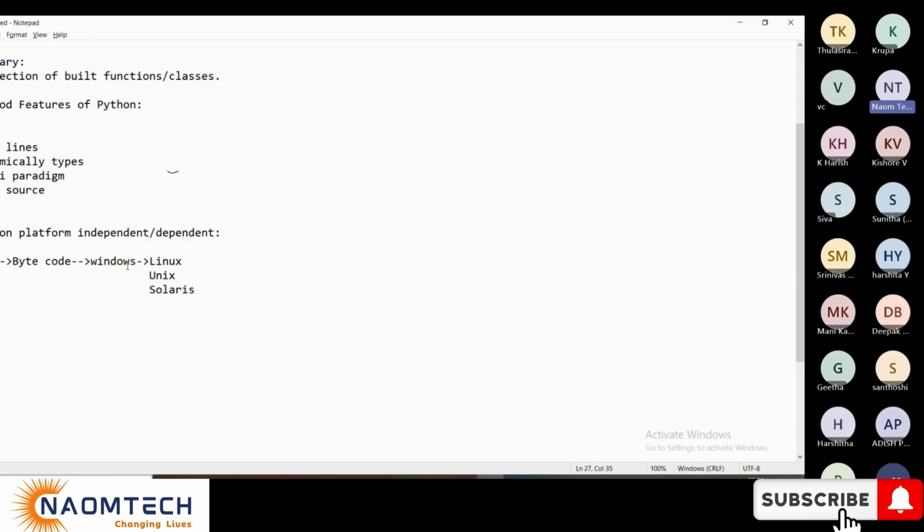So this is independent. You are able to distribute the bytecode of Java to all different operating systems. This is what we call platform independent, meaning operating system independent. That's the meaning of this.